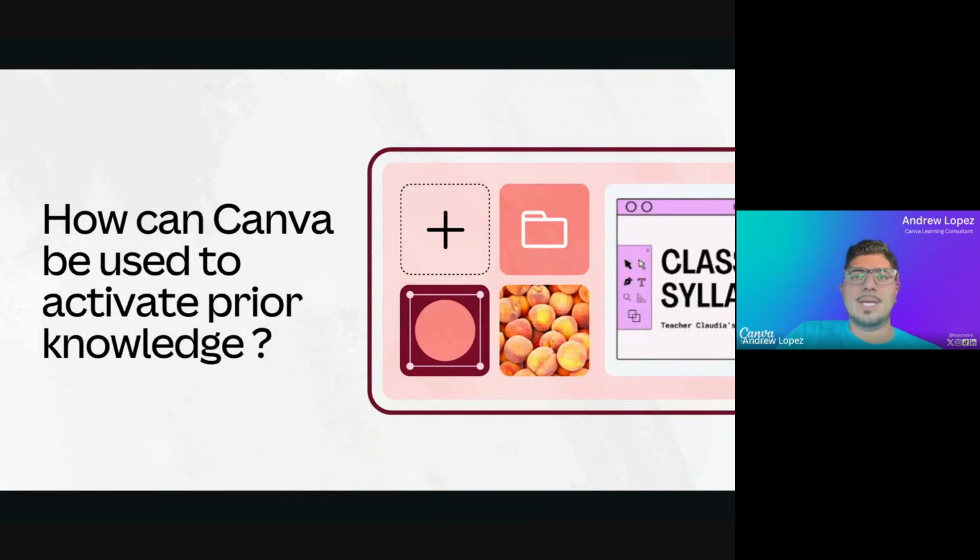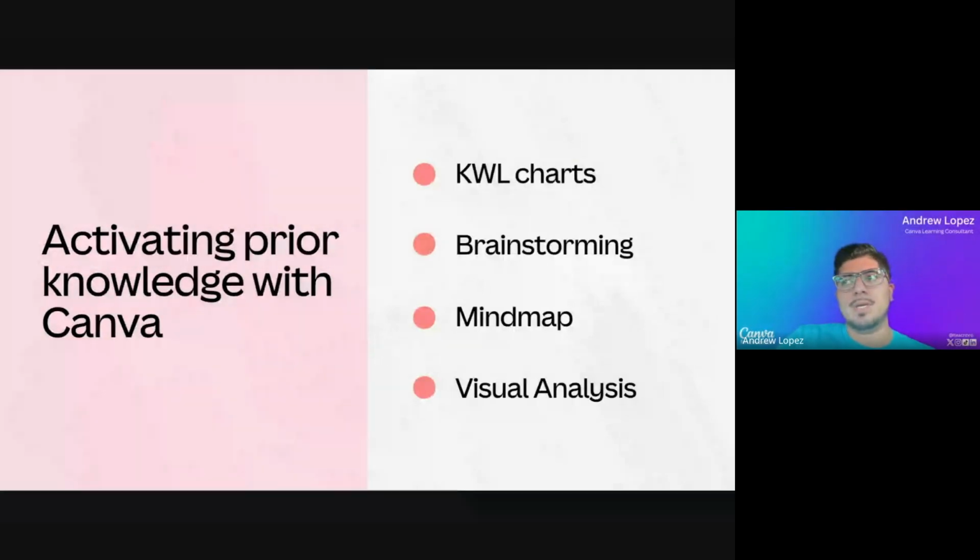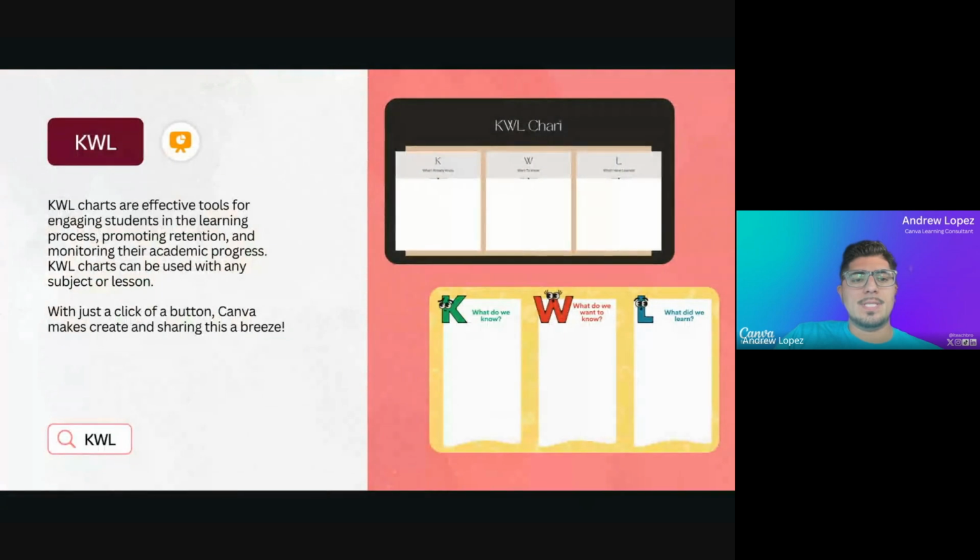So some other ways that you can use Canva to capture student learning is through using templates to activate prior knowledge. Some of the templates that are available within Canva are KWL charts, brainstorming templates, mind maps, and visual analysis templates as well. For instance, for a KWL chart, some of the ones that you'll see here on the screen are templates from Canva. The nice thing is you can edit them on Canva, so that means you have the ability to use pictures, videos. You can use text if you wanted to,